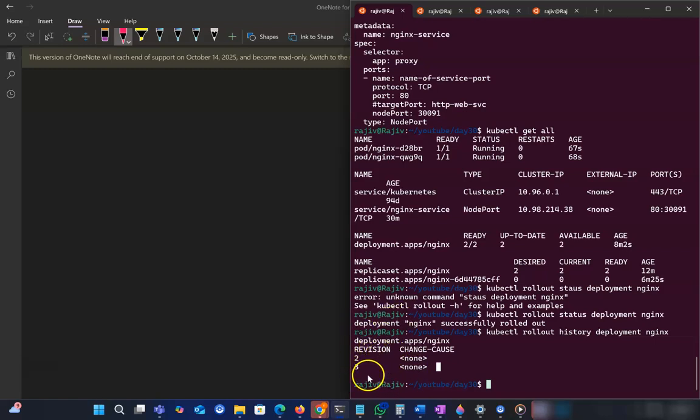If you want to go to any specific version, you can use rollout the same way, then you need to use that revision. If you put the revision name, then basically it will go to that specific version. Okay, so basically this is the main concept and main thing in Kubernetes: pod, replica set, and